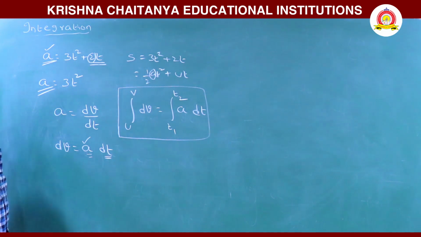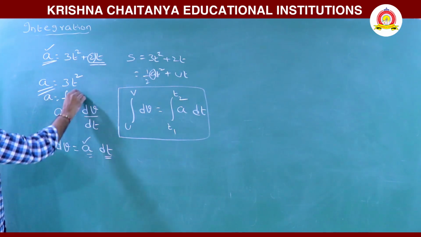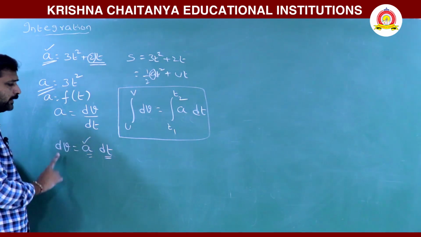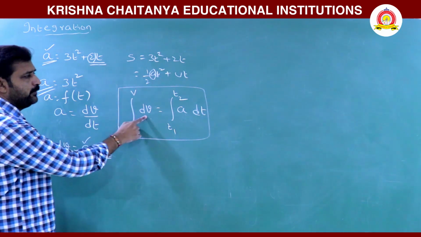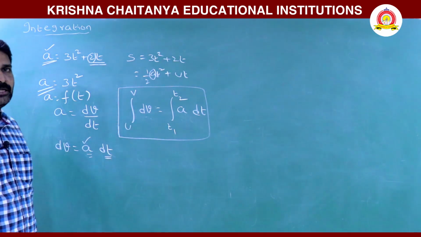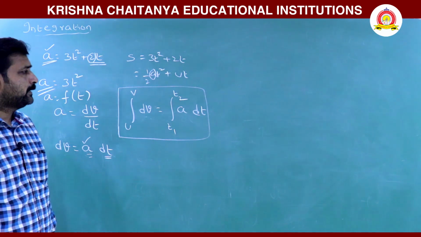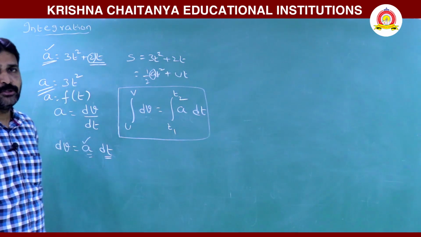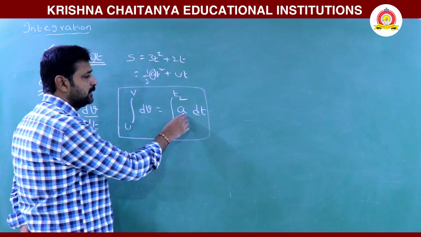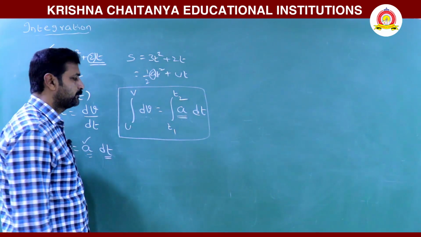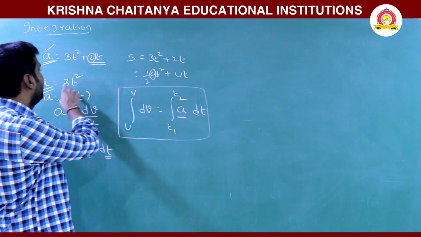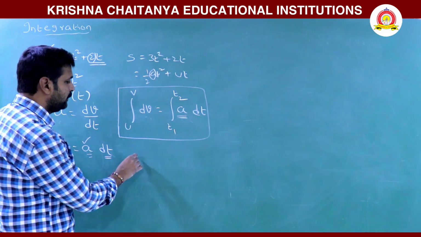It is changing with the time. Acceleration is a function of time. Then acceleration is dv by dt, dv is a dt, integral dv is integral a dt. So, this is the form similar to v is equal to u plus at. But why we are not using directly v is equal to u plus at is that it is valid only when acceleration is constant. This is valid when acceleration is variable. So, here if we integrate this one, taking a as 3t squared, how will this be solved?